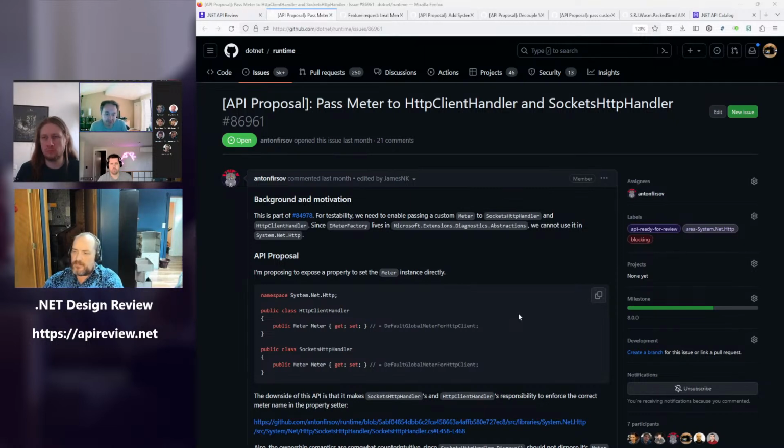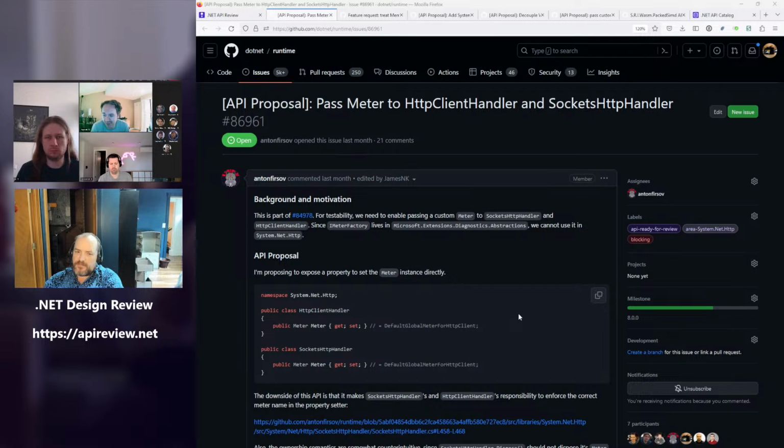Yeah, I would say if there's no common pattern where people use it in a way that correlates it with a DI container, then yes, do that.